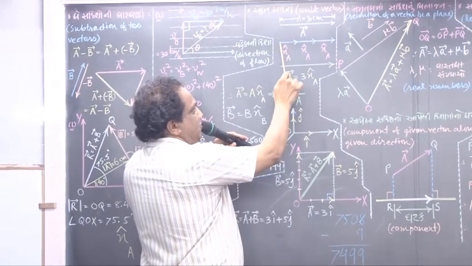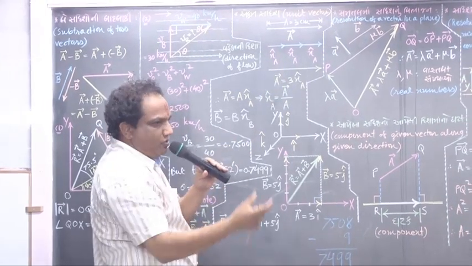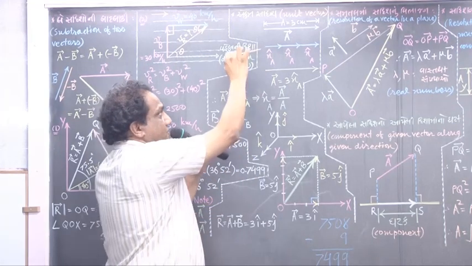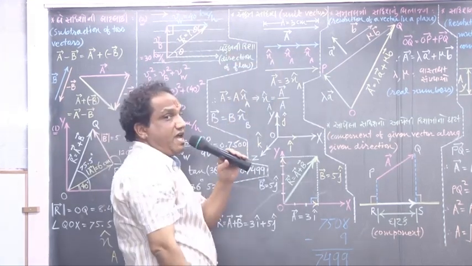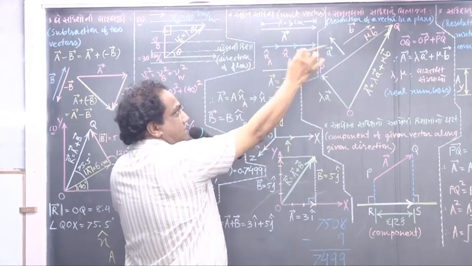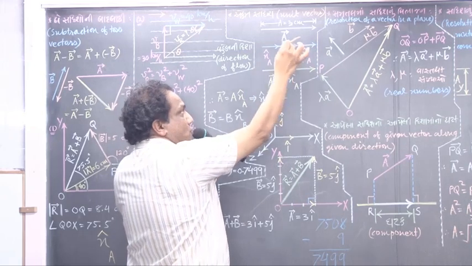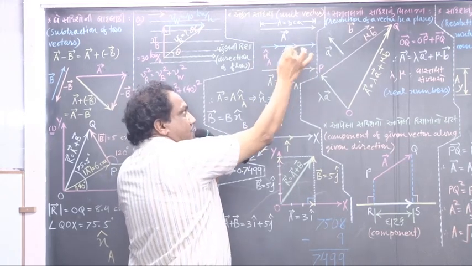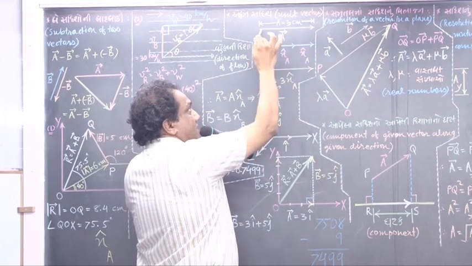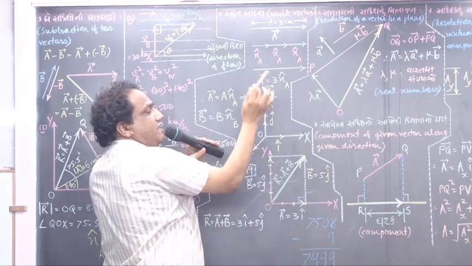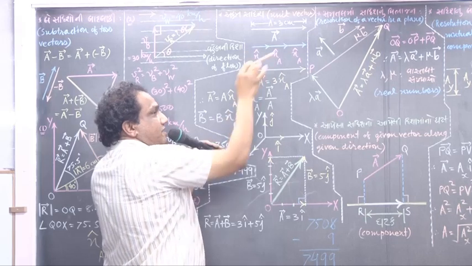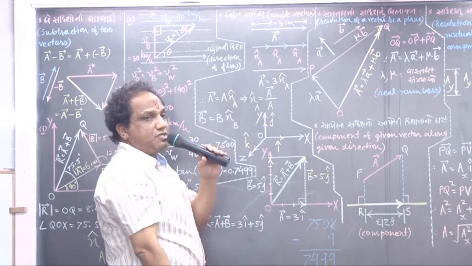Look here now. N-A hat, this is a unit vector. Why is it a unit vector? Because its length I am going to take as 1 centimeter. Now repeat the same vector in the same direction 3 times: 1, 2, 3. Now just take the total length from here to here. That total vector will be none but this vector, so this vector is nothing but vector A. But how are you going to get this vector from n-A hat? By repeating it in the same direction 3 times.